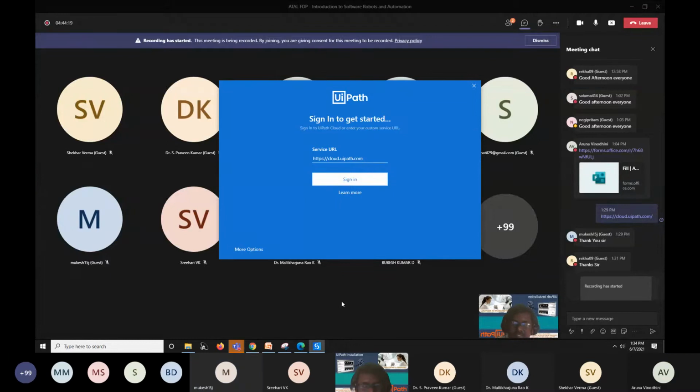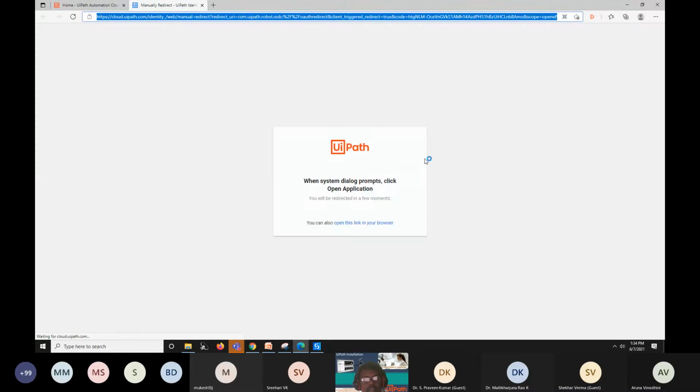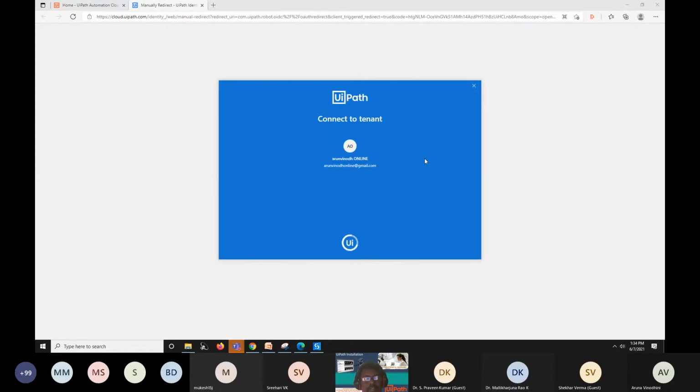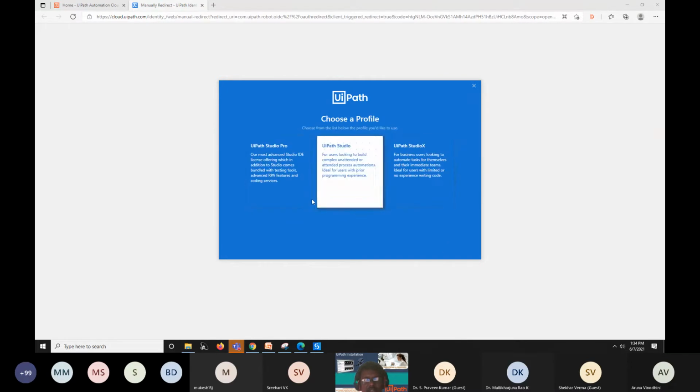So once it is installed, it will ask you to sign in. This is a very important step, so please listen carefully. Once it is installed, it will show this particular window. Just click sign in. Verify that the same mail ID is there. When you registered, you used a mail ID. The same mail ID you have to use here. Check it. It will show the mail ID which you have registered.